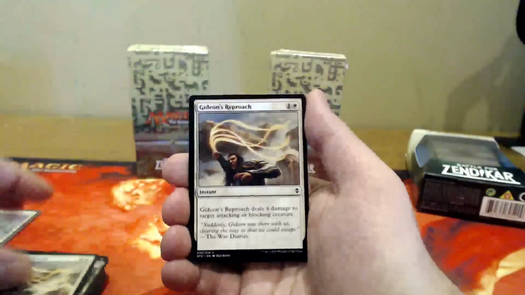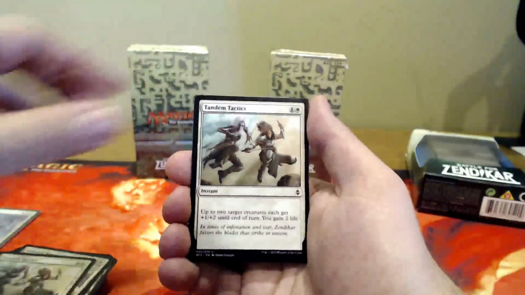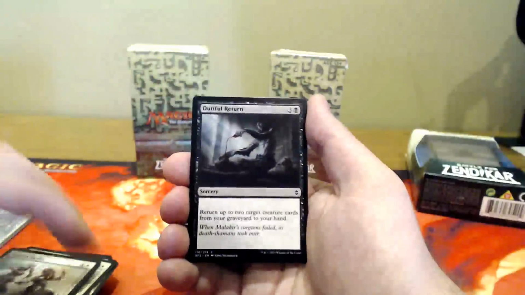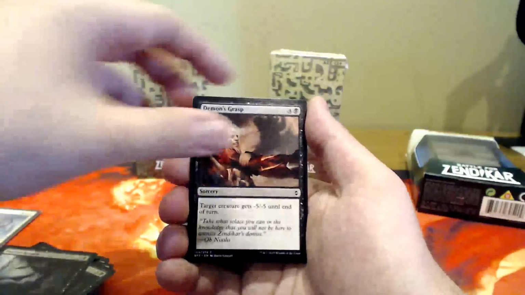Gideon's Reproach, which I just haven't had luck with, so I don't really like it. Tandem Tactics, kind of the same thing. Will be good in this deck due to gaining life. Dutiful Return, Demon Grasp,